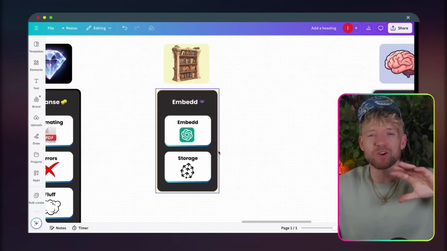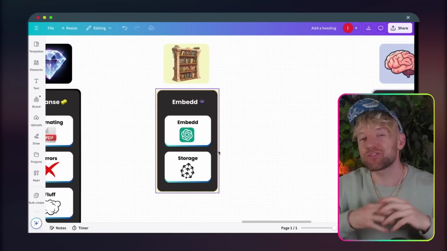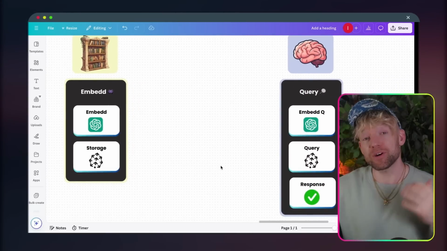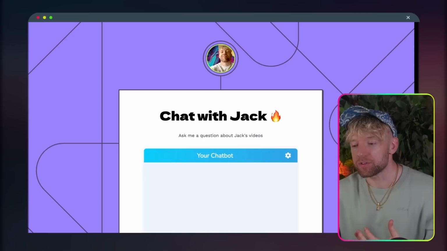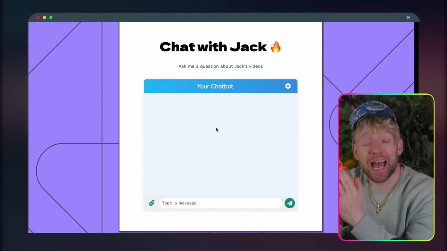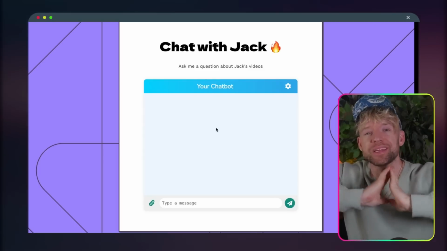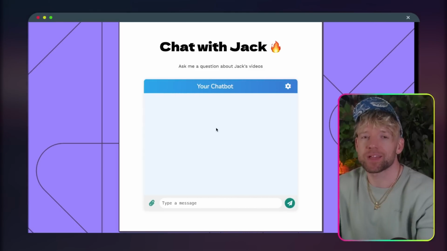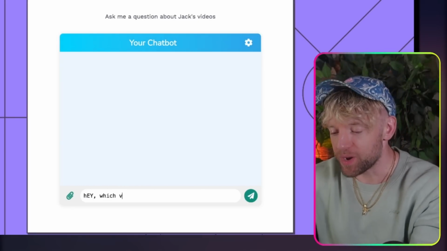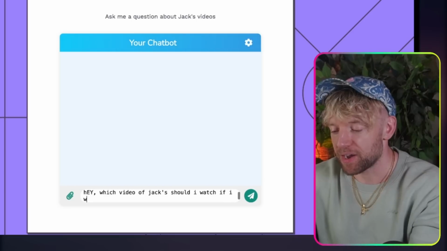Then how we do something called vectorization and store all of that data in an app called Pinecone. So that at the end of the video, what you'll be able to do is get this completely phenomenal chatbot that you can ask any questions to, and it'll be able to query the entire database and give you an answer. For example, I could say something like, hey, which video of Jack's should I watch if I want to learn